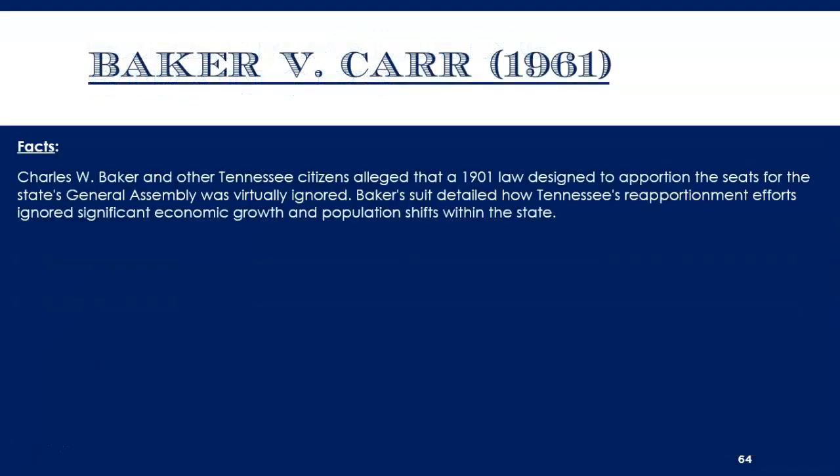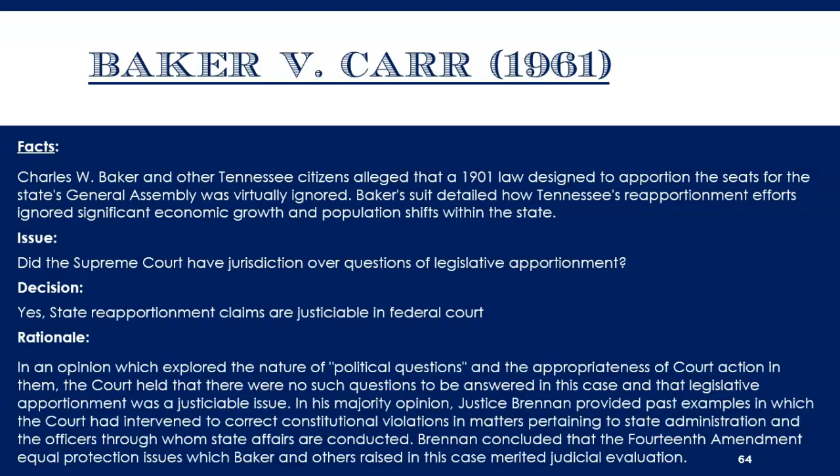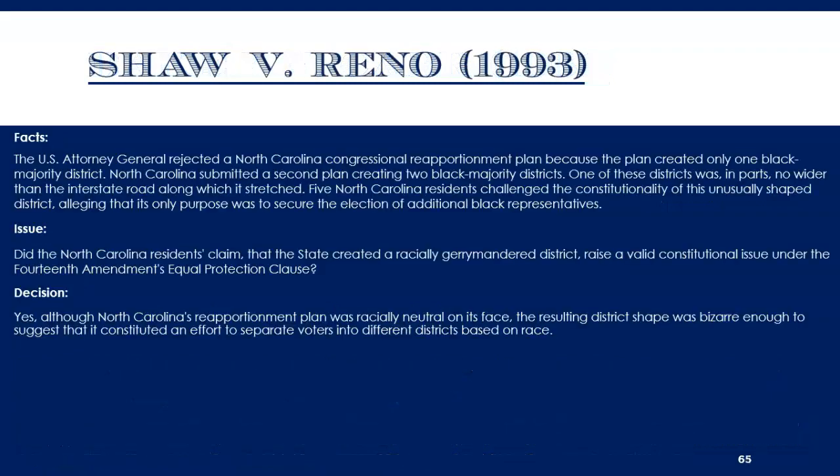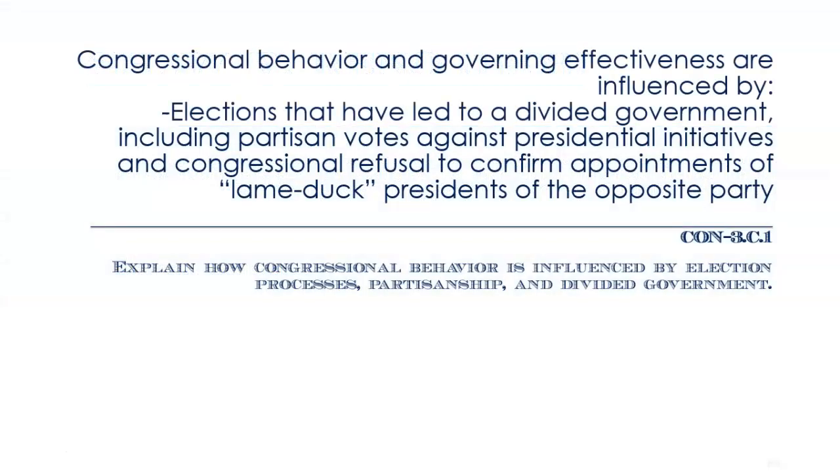All right, we talked about your different court cases. I'm going to allow you to look through those yourself. But basically, Baker versus Carr dealt with reapportionment, and Shaw versus Reno dealt with gerrymandering. Okay. Now we're going to talk about